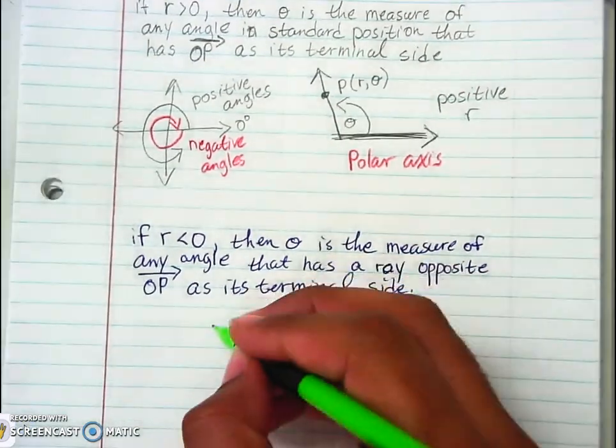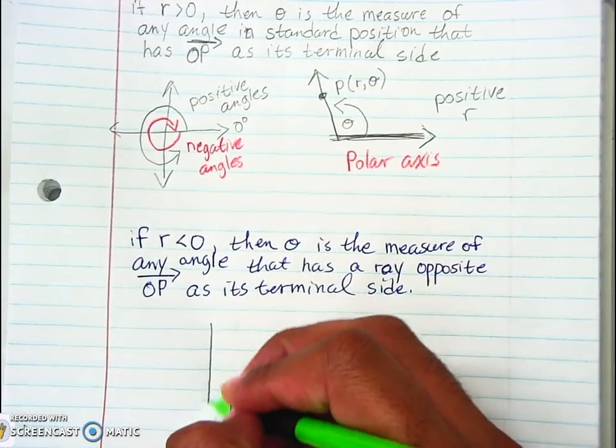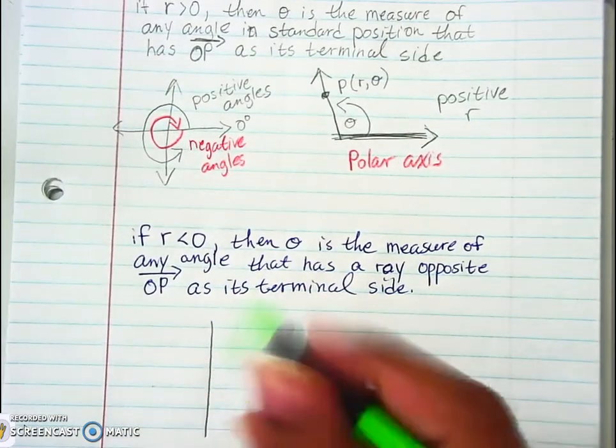All right, so if it's negative, if the r is negative because it's less than 0, whenever we do this part here,